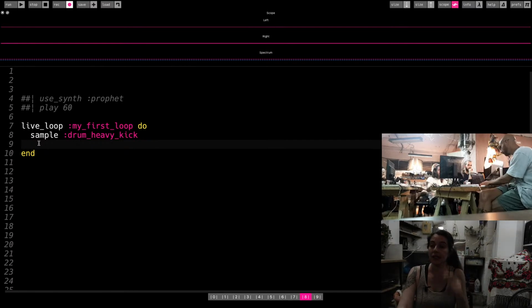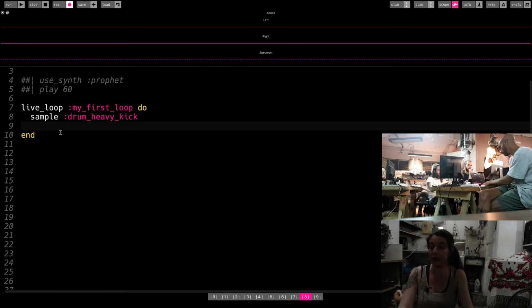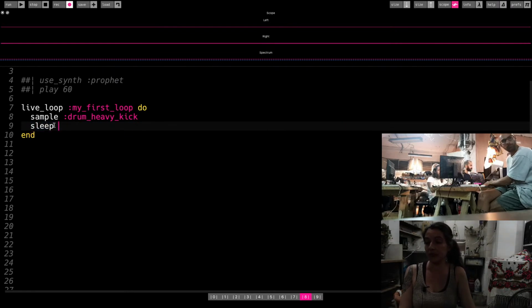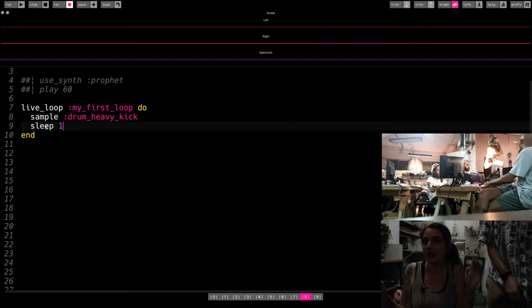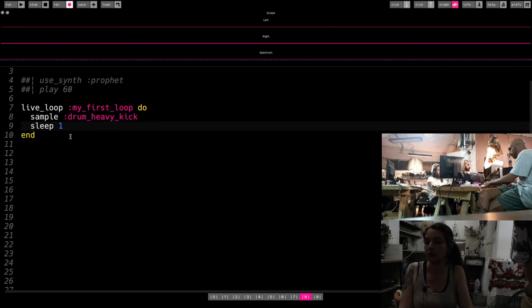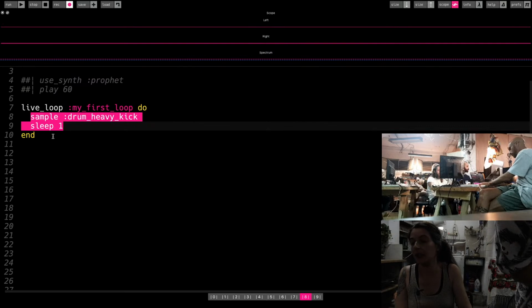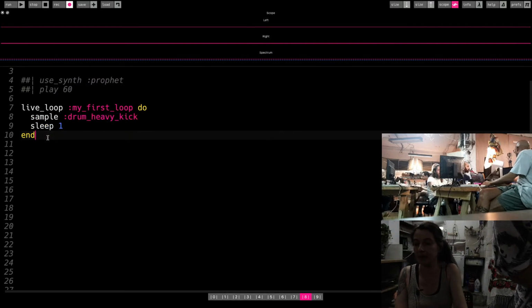There's one important thing that I forgot to put there. If I want to play a sound and I want a pause before I play it again, I need to tell the computer to pause. So I need to give it a sleep value. Sleep just means wait. For now, I'm going to say wait 1 second. So sleep 1. This means that every 1 second, I'm going to hear my drum sound. Okay, so if I run this,